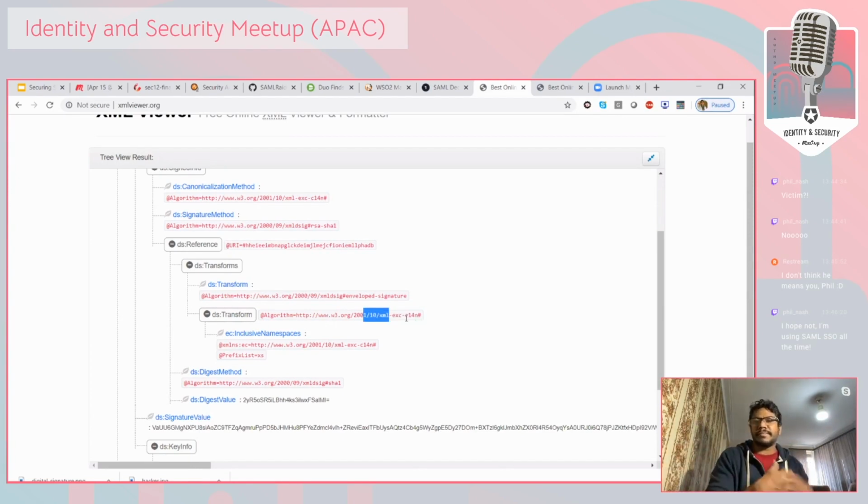So the XML parser will take a look at this transform element, whatever the algorithm there is, and then do the signature verification according to that transformation, right? If it is with comments algorithm, then it will take the entire string. If not, it will remove the comments for signature, where the danger is because an attacker is able to put some comments and still maintain the same signature value, but try to attack your parser, trick the parser to pick the token from the first part or the last part of the element. So that is another vulnerability that you need to check on when you're doing SAML based penetration